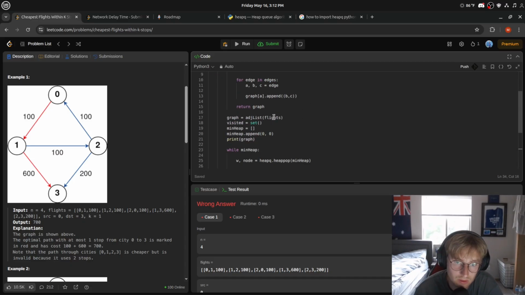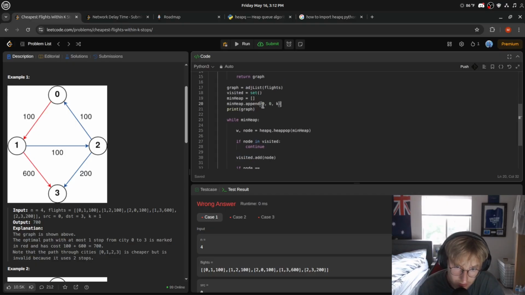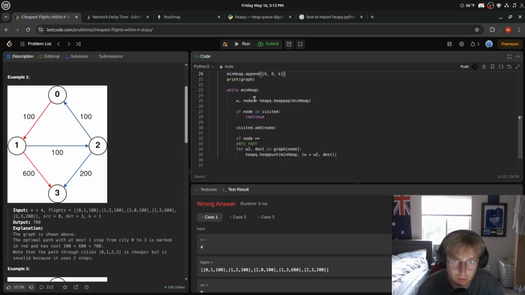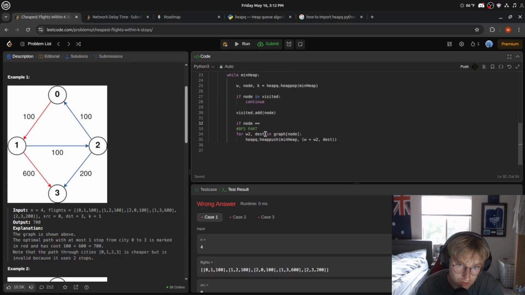Okay, so min heap dot append. I guess we were going to need some sort of K here, right? I think we can do it with K. So then we push W, node, and we push our K, right? Node and visited, we continue, we visit or add node. So then we would do, okay, well, if the node is equal to the destination,